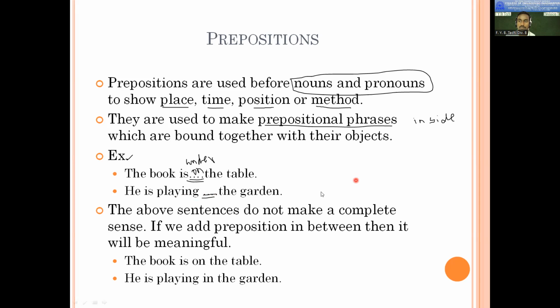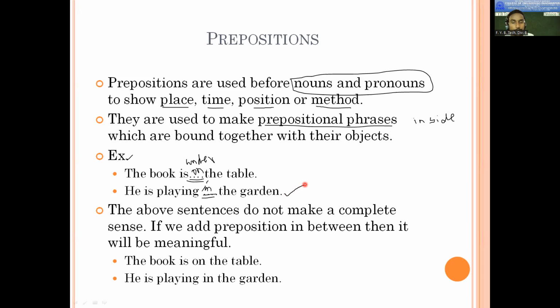So what do you think? Which preposition can make this sentence meaningful? He is playing the garden. In the garden. Okay, in the garden. Here you can put another also: behind the garden, in front of the garden, or maybe around the garden. So multiple prepositions can be possible depending upon what you want to say, but the most suitable will be in the